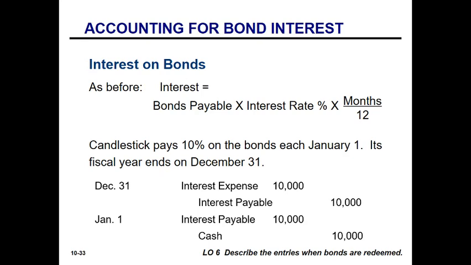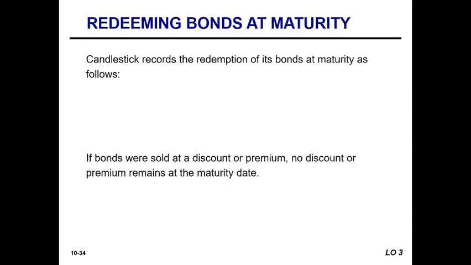Now we say that bonds mature the same as we do notes payable. Mature means they have reached the full term of their contractual agreement. So a redemption of bonds at maturity would be as such. We have for Candlestick $100,000 of bonds payable. So in order to get that off the books, to reduce our bonds payable, we will debit it $100,000. We will be paying out cash, and when we pay cash out, we credit it